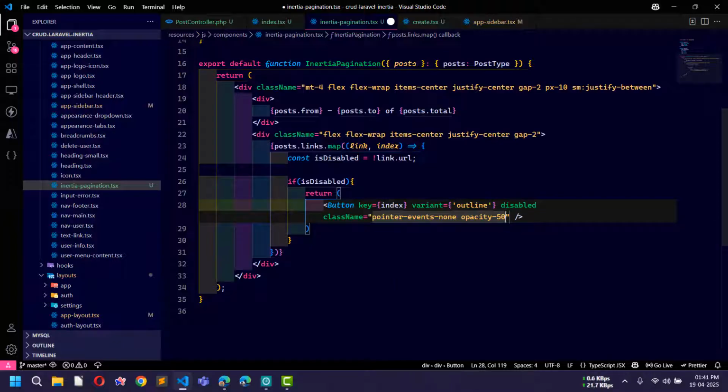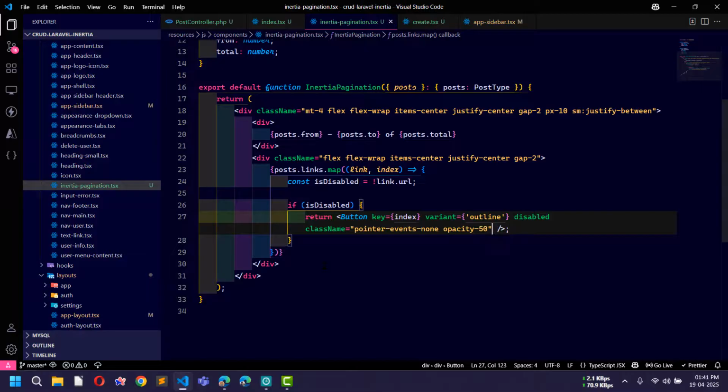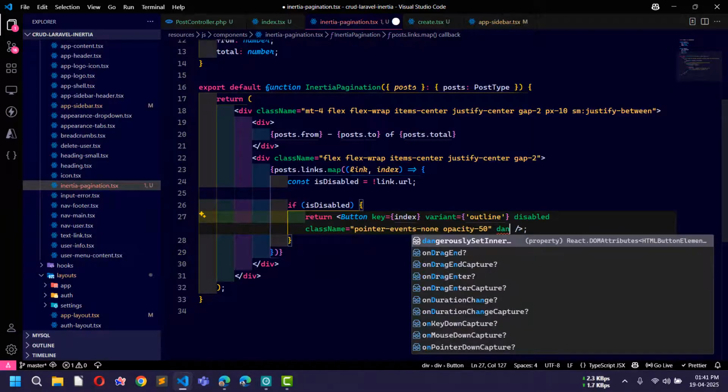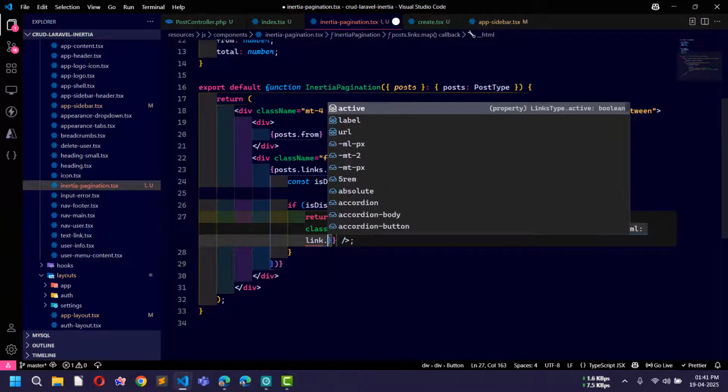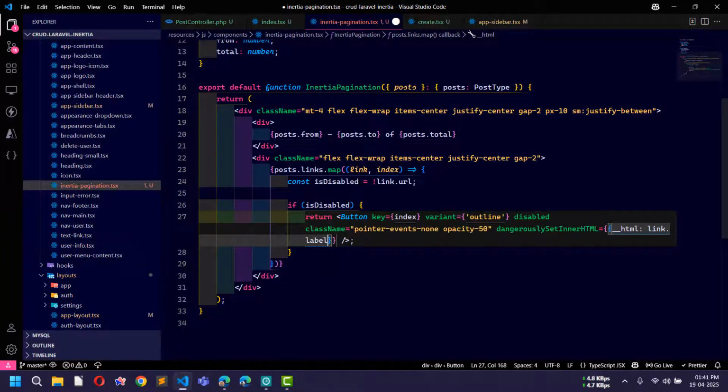Okay, and I will use dangerously set inner HTML, and here I will use HTML, and in HTML I will use link dot label. Okay,